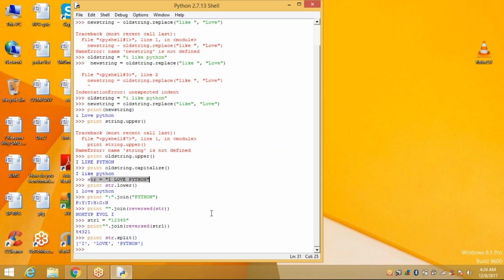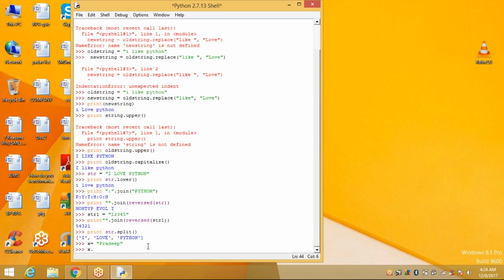Suppose x is equal to Pradeep. X dot replace Pradeep, Srinivas.